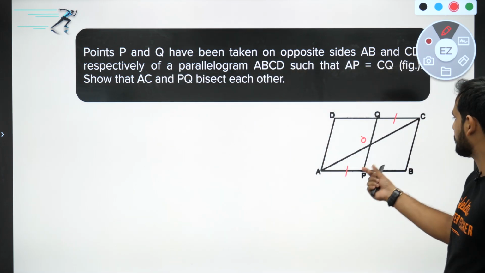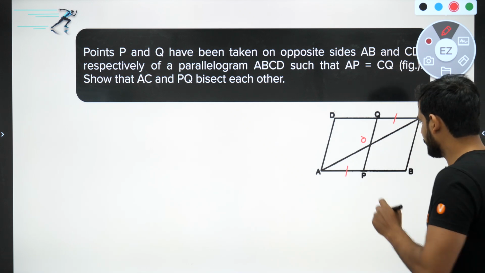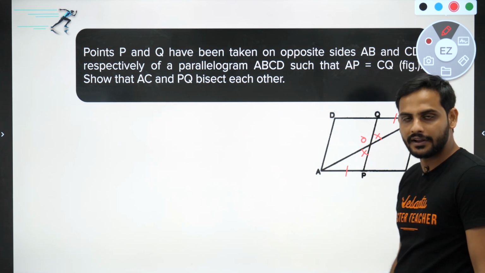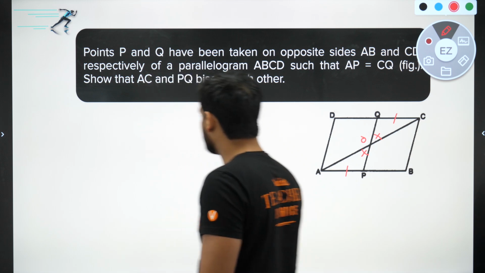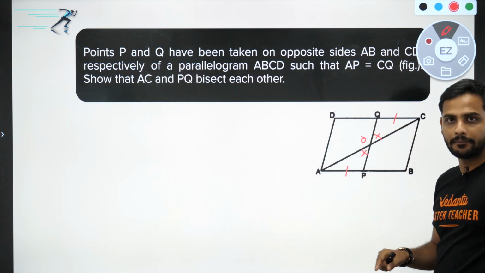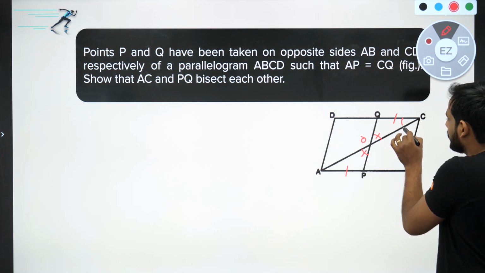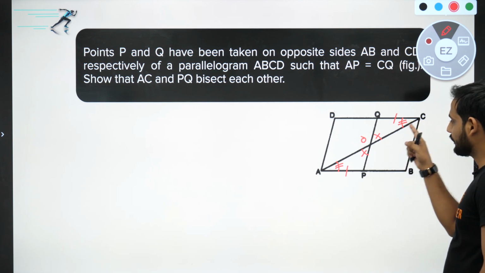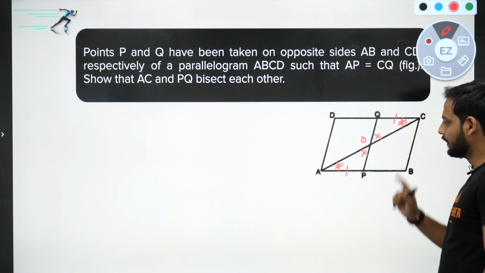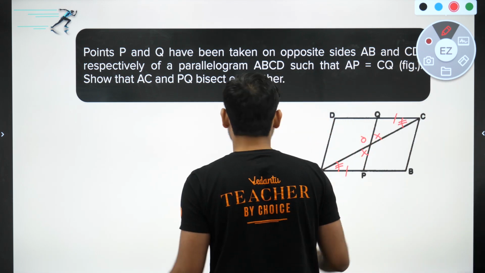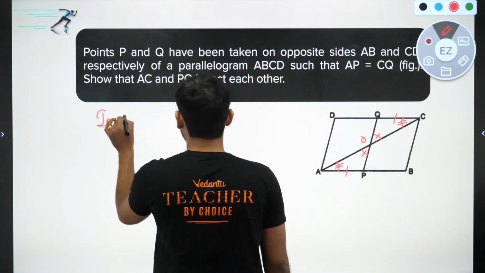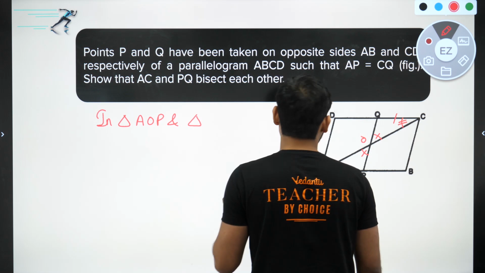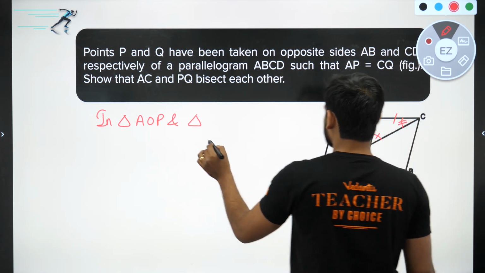First thing, we know that AP is equal to CQ. One more thing, I can say that this angle will be equal to this angle because they are vertically opposite angles. And since ABCD is a parallelogram, I can say this angle will be equal to this angle, right? Because of interior alternate angles. So I have got three things already in two triangles. So I say in triangle AOP and triangle COQ,